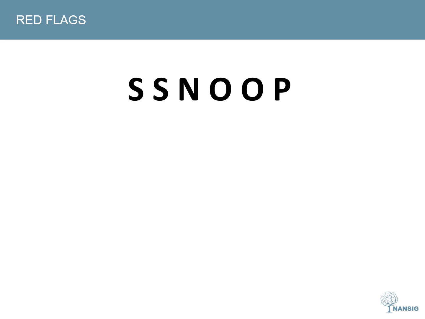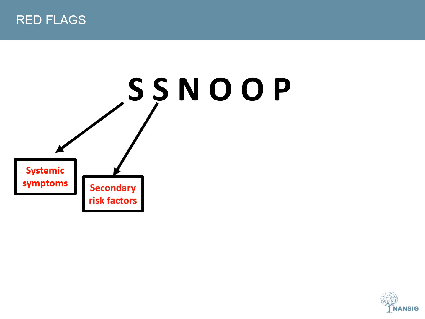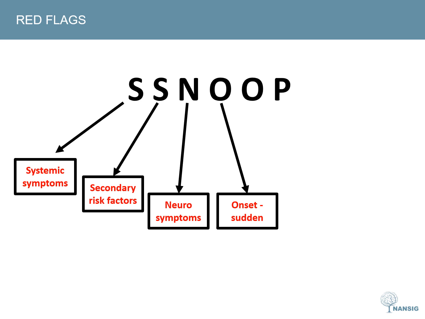A good concise way of memorizing some of these red flags is with the acronym SNOOP, where firstly you're thinking about systemic symptoms like fever or weight loss. Then you're thinking of secondary risk factors like underlying disease such as HIV or systemic diseases or cancers. You're looking for neurological deficit and symptoms and signs. You're looking for the onset, where a sudden, abrupt, like I said, a maximum intensity thunderclap onset, for instance, is a huge red flag. Next, you're looking at those who are slightly older age, particularly